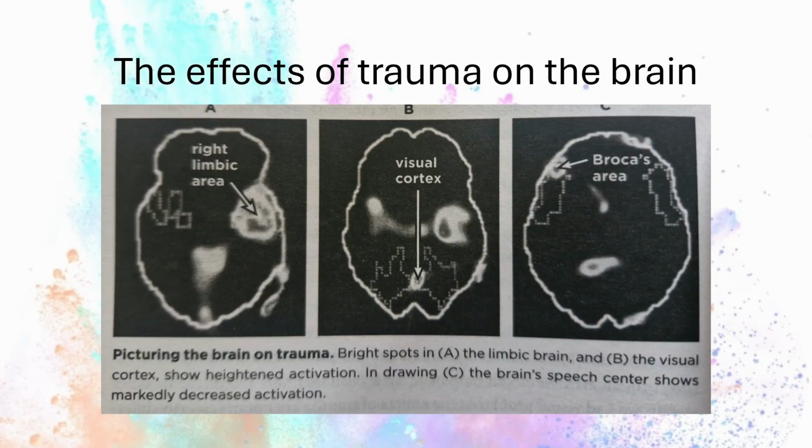The first image shows activation in the limbic area, also called the emotional center, and where the amygdala is located. The amygdala warns us of imminent danger and will activate the stress response. The first image shows this activation even when the traumatic experience was 13 years ago. The middle image is the visual cortex, which is activated in memory recall and flashbacks.